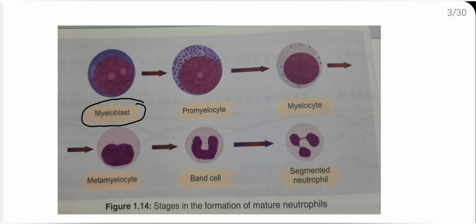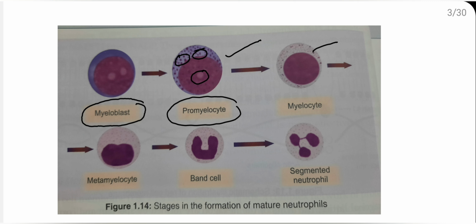So to brief, myeloblast is about 15 to 20 micrometer, round to oval large nucleus, small basophilic cytoplasm, and nucleoli are 2 to 5, and nuclear chromatin is fine and reticular. Coming to promyelocyte, you just remember it is the largest cell with primary eosinophilic granules, and also you can see nucleoli. Coming to myelocyte, they are characterized by specific granules.